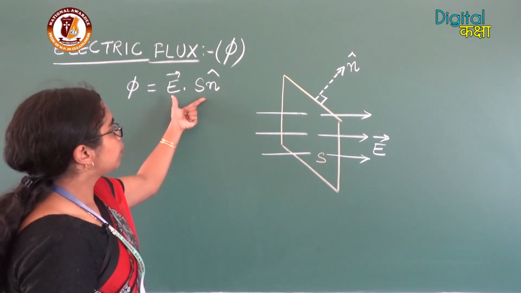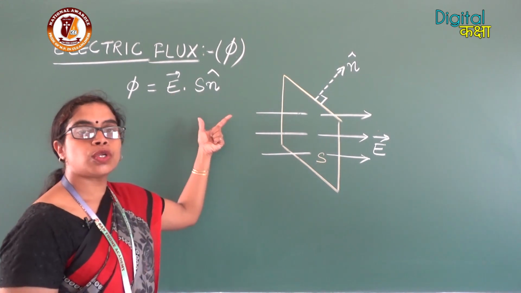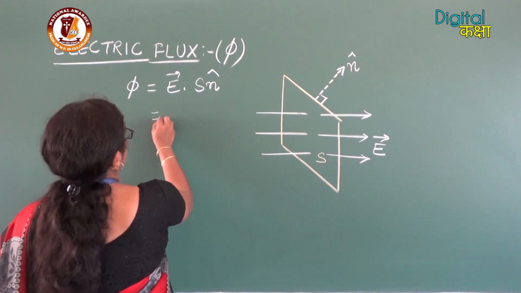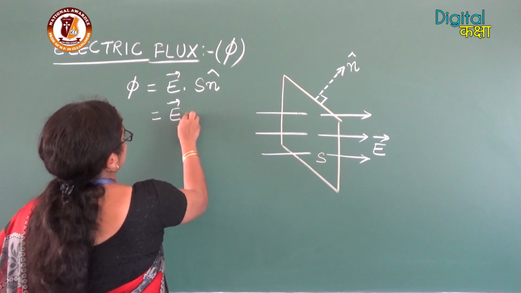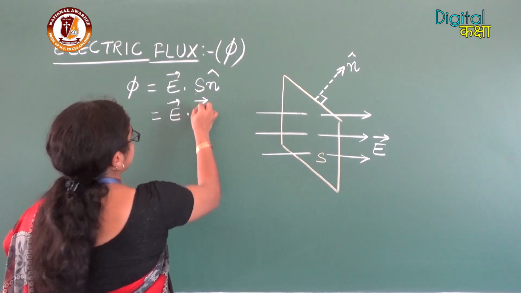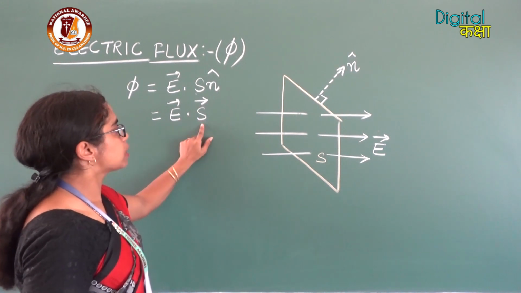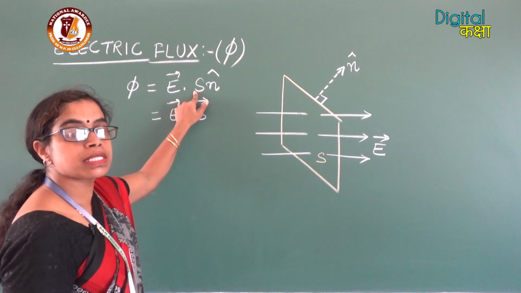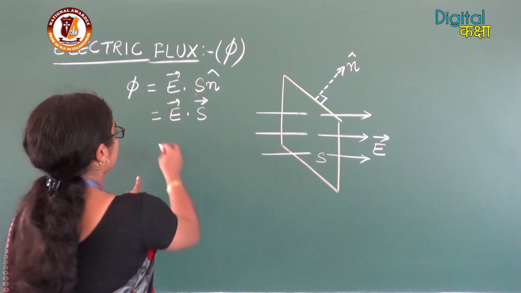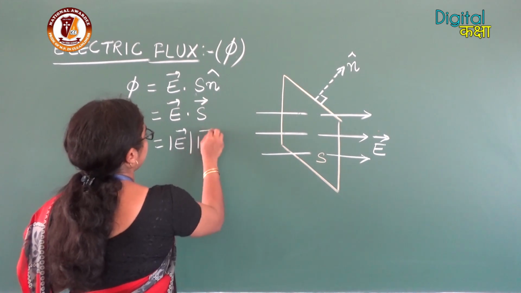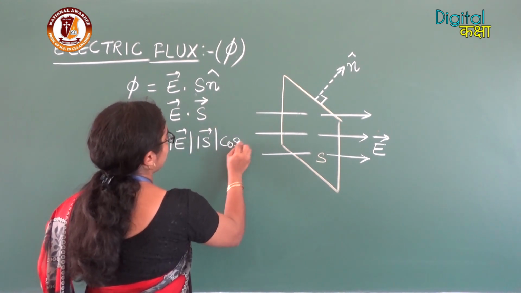Now when I use the formula for the dot product of the two vectors, vector E dot S into n cap, in the next step can be written as vector S cap, because this unit vector is getting multiplied by this scalar area, is equal to magnitude of E, magnitude of S cos